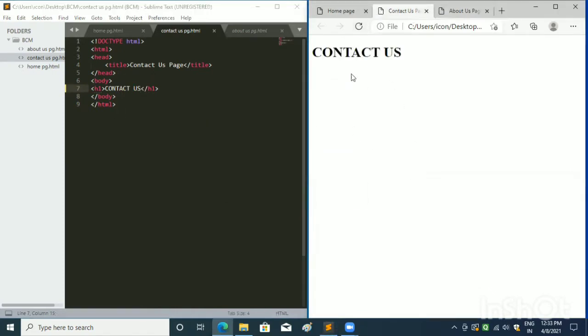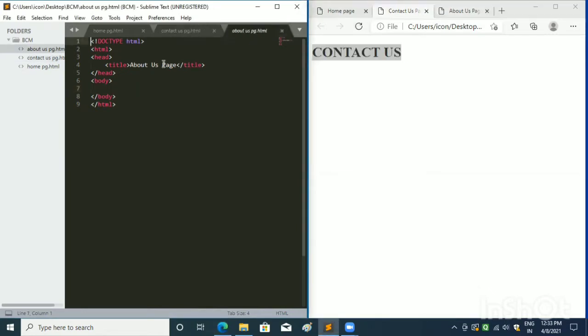And after that I will write about us in the about us page document. And when we save this and refresh the browser, you can see all the headings inserted on the web browser.